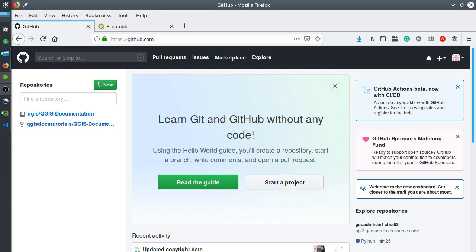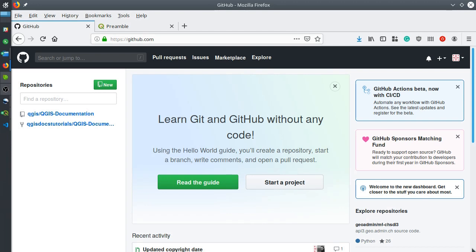Hi, in the last video, we have seen how to submit this change proposal to QGIS Documentation. The video ends where you are supposed to wait for some core contributor to review your work. Quite often, reviewers request or suggest improvements to your work. In this video, I will show you how to add more changes to your proposal, what is called in GitHub